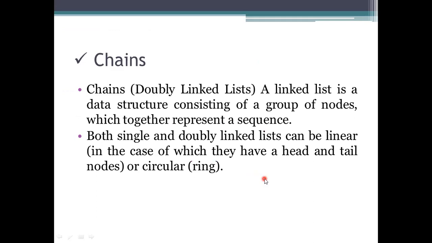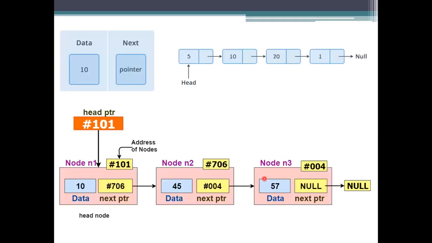The disadvantage here is that we can't move back and forth. We only have unidirectional movement, the forward direction. If you want to get the second element, or process any element in between, you need to start again from the head node and reach that element. We cannot move back and forth.